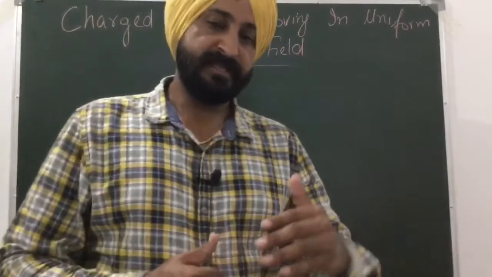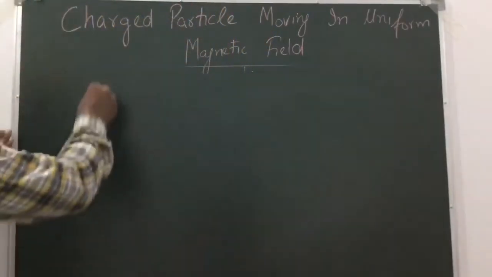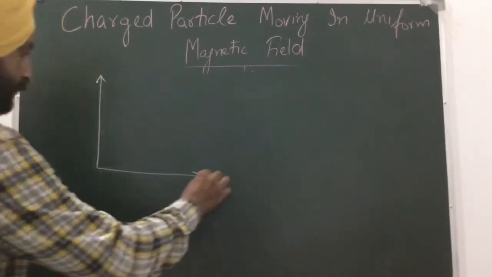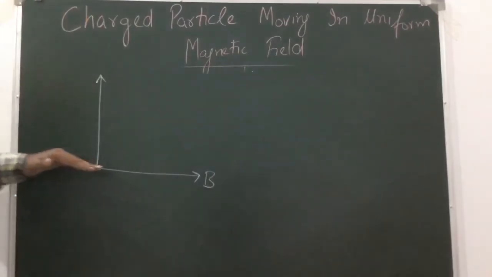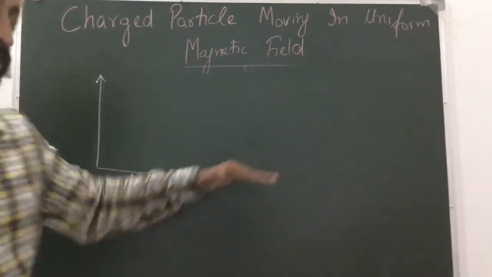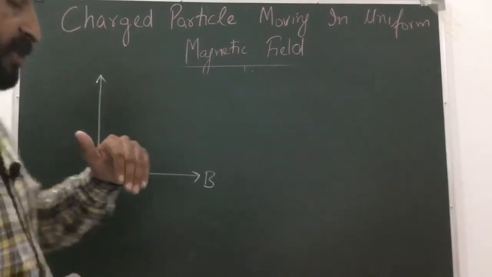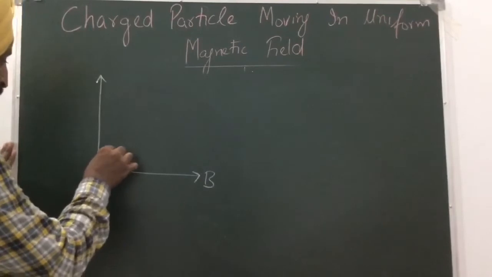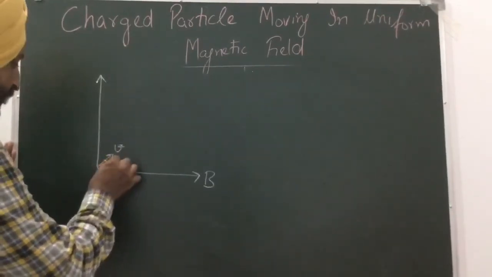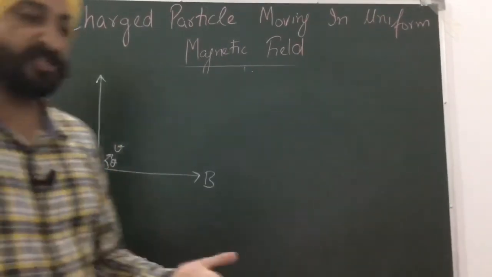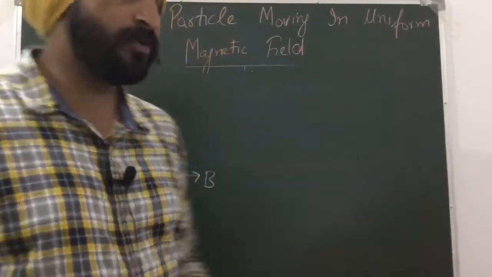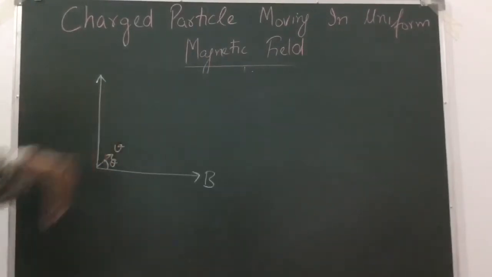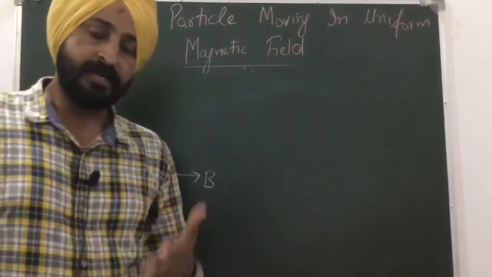To study this part, let us have a magnetic field in the x-axis. So you have a magnetic field directed in the horizontal axis, fine, and your charged particle is entering this magnetic field with some velocity v by making an angle theta, which is not 0 degree, which is not 180, and which is not, of course, 90 degree. So your charged particle Q is entering this magnetic field by making an angle theta with the magnetic field.